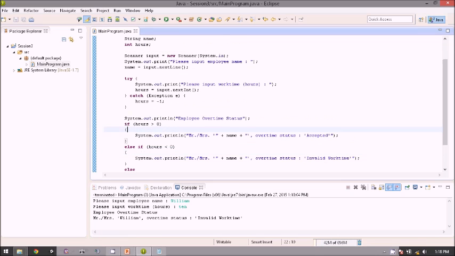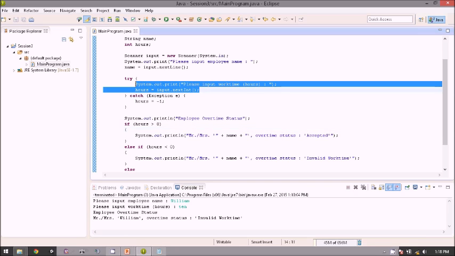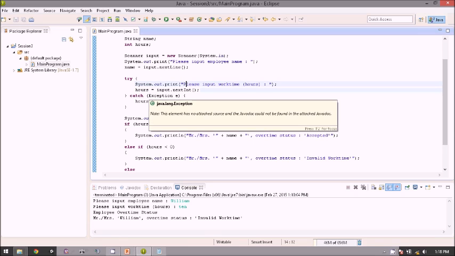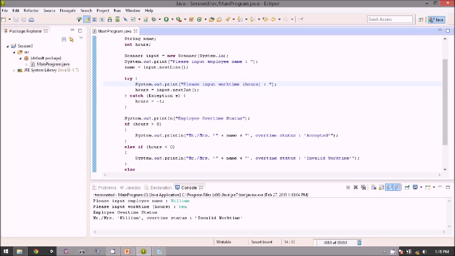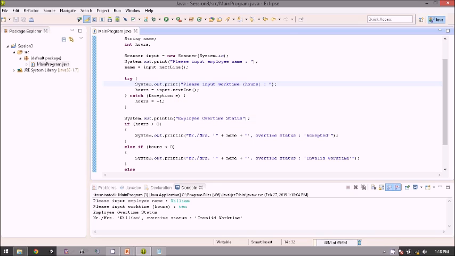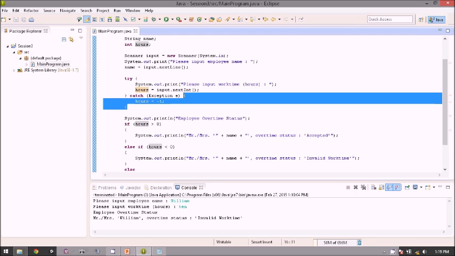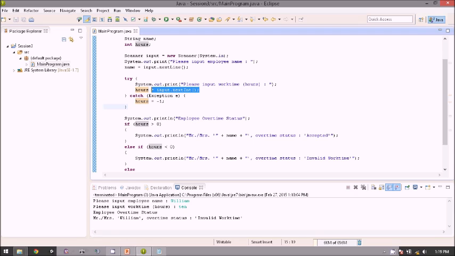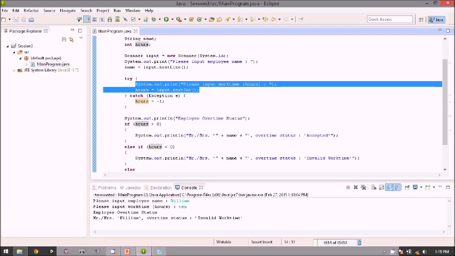So as I said earlier, if you use try and catch, the program will first run inside the try bracket. But if you remember in the previous try, if we input a letter into the input.nextInt, it will return an error, input mismatch. So when the error comes out, the catch will catch the error and run this line instead. So inside the catch bracket, it will be run if there is an error in the try bracket. So the program will run like that.